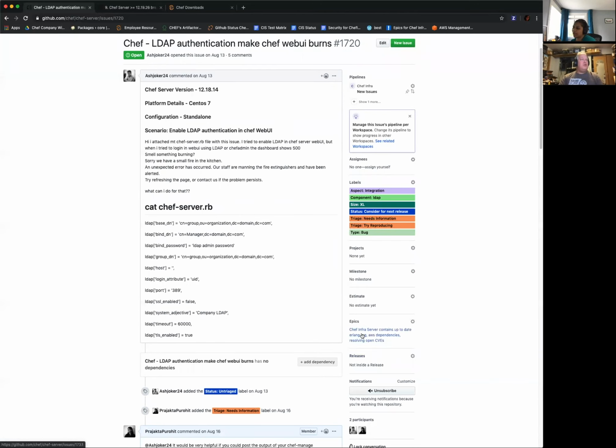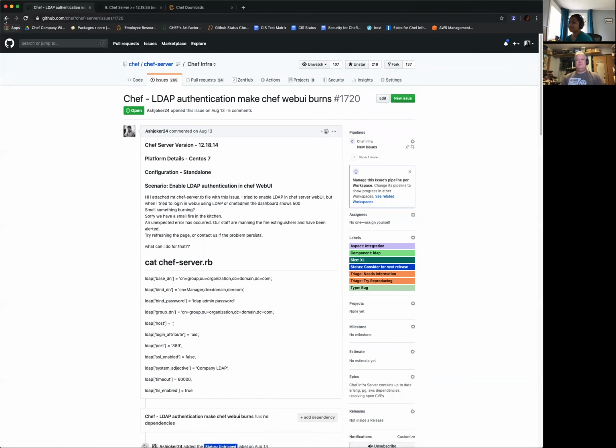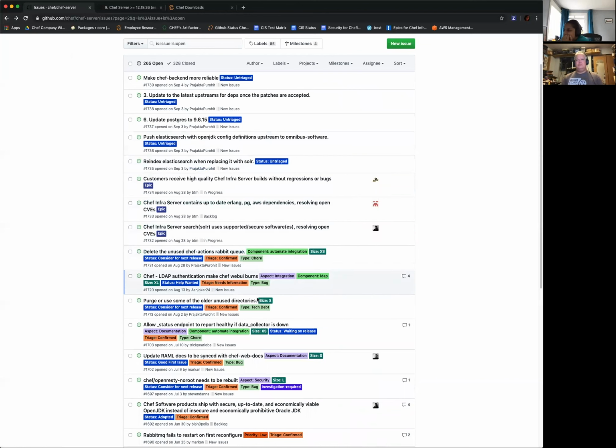Yeah, so if I add the epic label, then when I look at this epic, it'll show me all the issues related to that epic, as in the issues that the epic should solve, just so that there is one place to go and say, okay. You're going to refer to the epic, not make this an epic. No. Oh, refer. Yes, sorry. All right. So that makes me happy.